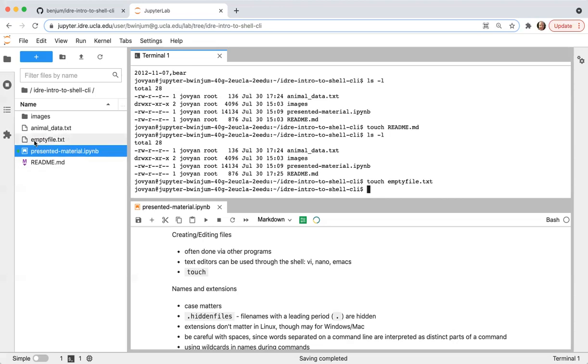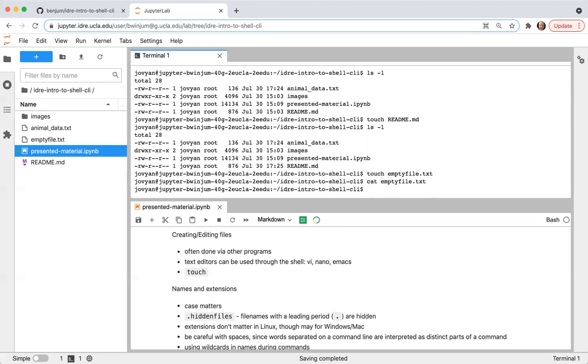So you see empty file.txt has been created. If I try to look at its contents, there are none, it's just an empty file. For various reasons, you might just want to create files for programs to later interact with, and touch is a way to simply create an empty file.